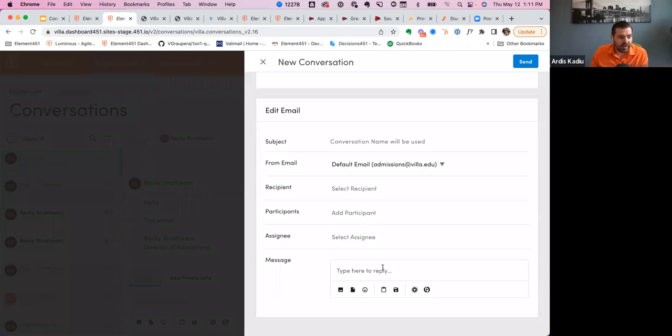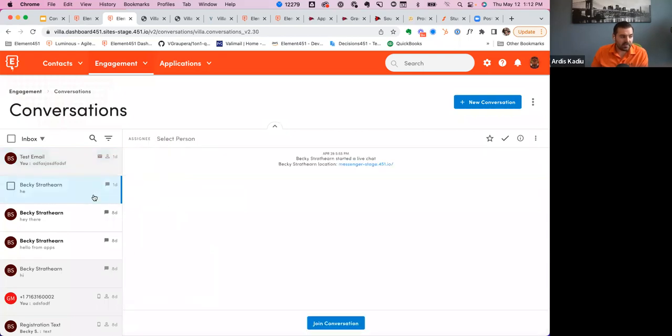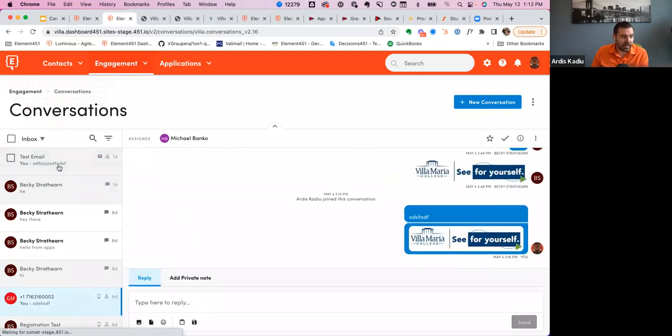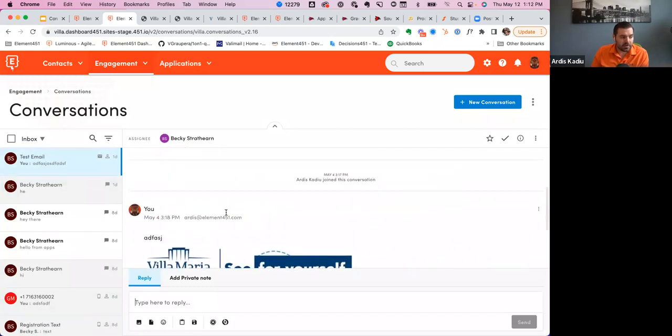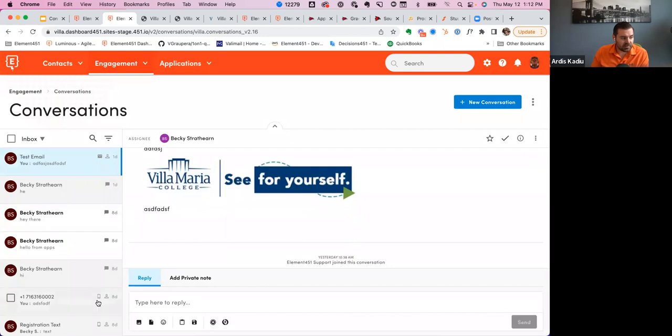As we scroll down in here, you're going to see that the editor is also enhanced. And perhaps rather than me starting a new conversation, I'd like to go in here, and you're seeing that if I have an SMS conversation, that's going to appear a little bit differently than if I have an email conversation, right? So there's a difference there. And you're going to see a little icon in here if that's an SMS first channel conversation or an email first channel conversation.